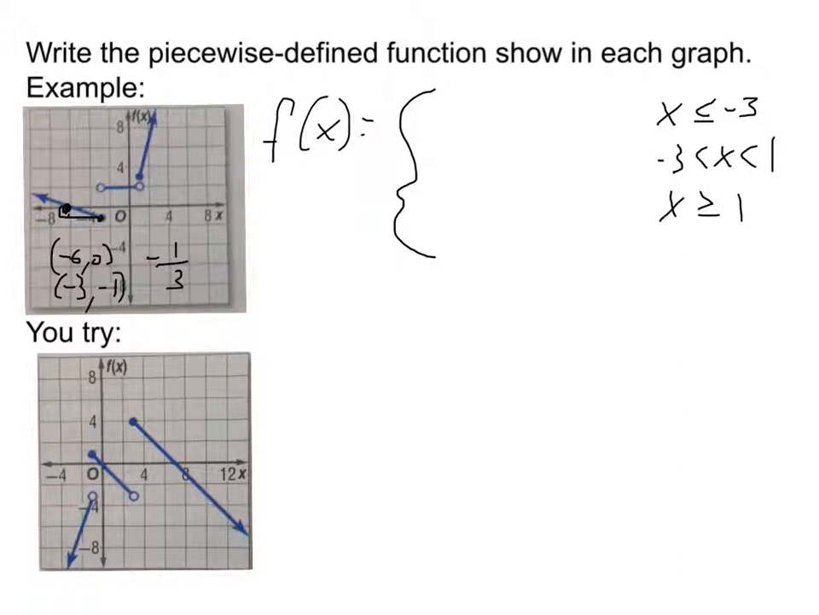Okay, so that's my m. If I continued that over another 3 and went down another 1, it would actually cross my y-axis at -2. So I know my b value for that line is equal to -2. So my first equation would be